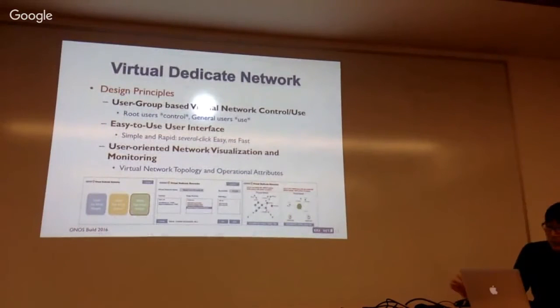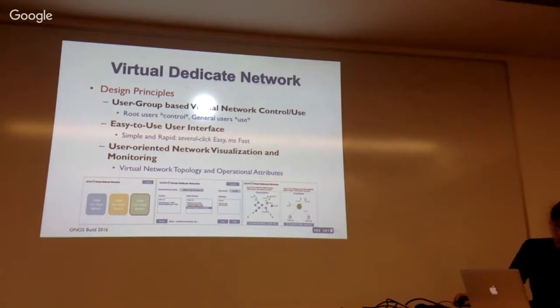In addition to network performance and security, we have three design principles for VDN. First, we wanted to give network control permission to the end user, so each user group can manipulate their own virtual network. Second, the user interface should be designed to provide simple and rapid VDN manipulation, such as creation, update, and deletion.